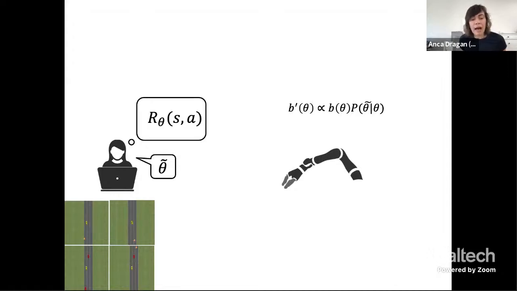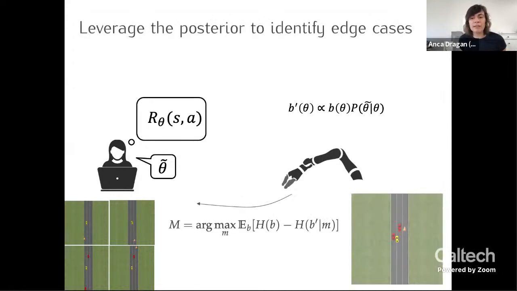And a way to do that is to search for environments, M, that maximize the expected info gain you would get if you showed the person M and they would define or revise the reward function based on M.